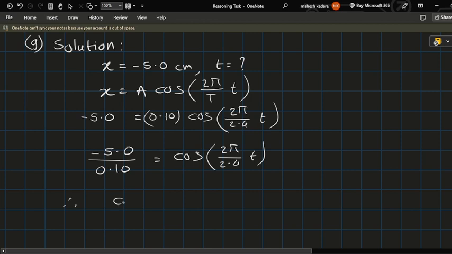Therefore, cos of pi t upon 1.2 equals minus